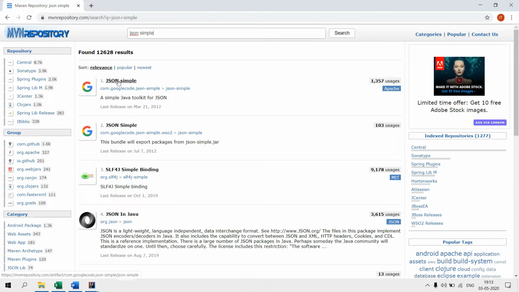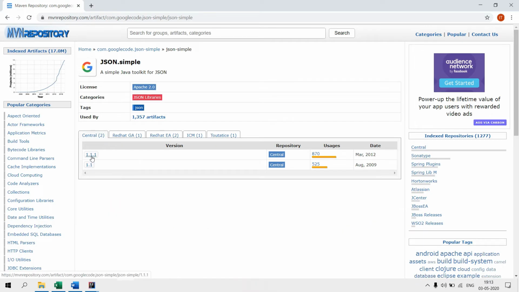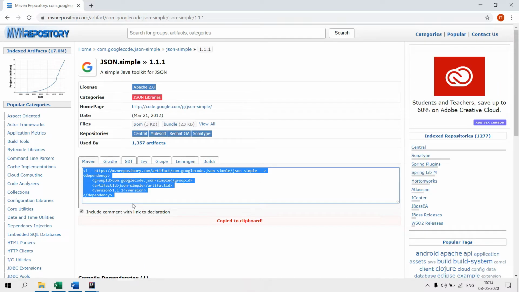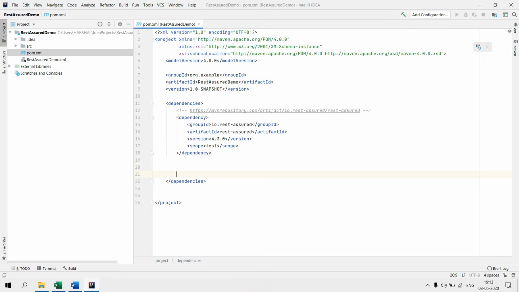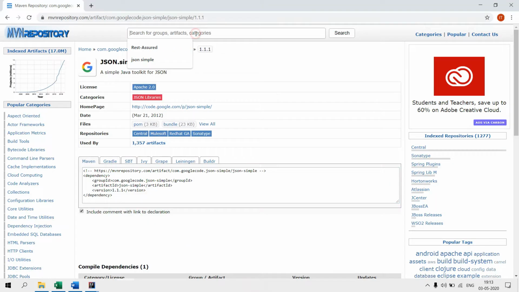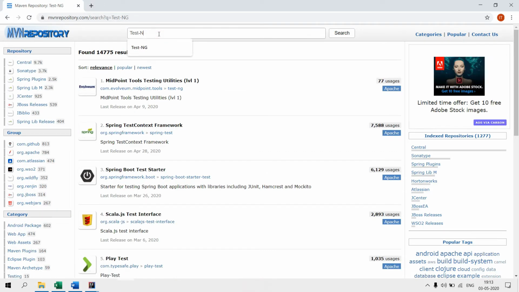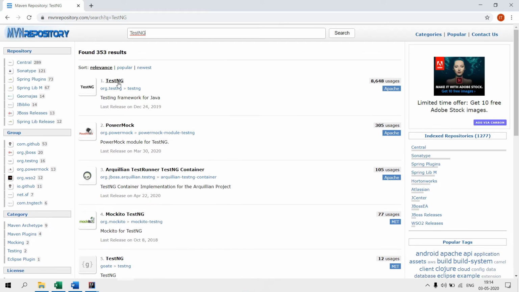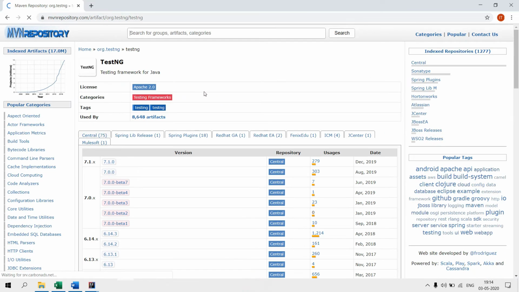So this is the first result, JSON.simple. So click on it. So click on the updated version, that is 1.1.1. So this is a dependency. So I will be copying this dependency and pasting it over here. Again we require a TestNG dependency. So this is the TestNG dependency.